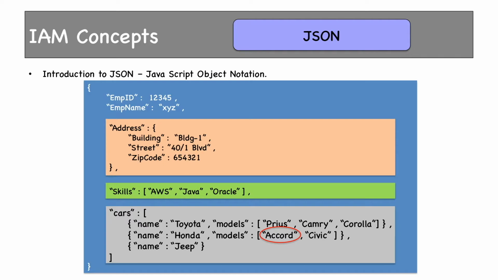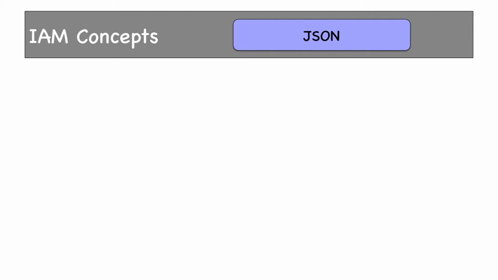How do we access this? You can try it out by pausing this video for some time. Let me give a hint. This is the first element of models array, which is the second key of the second document element of cars array. So something like this. This is the second element of cars array, so it should be represented as cars square bracket 1. Then models key should be followed by dot and first element of models key should be indexed with 0. You'll never have to access records like I have just shown now, but you should have an idea of JSON.